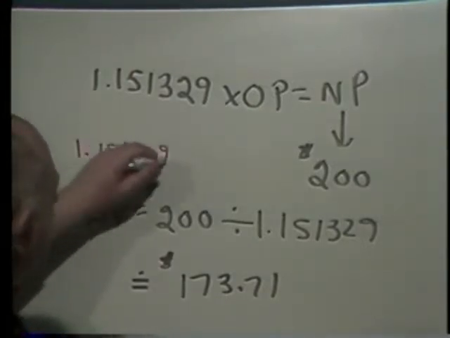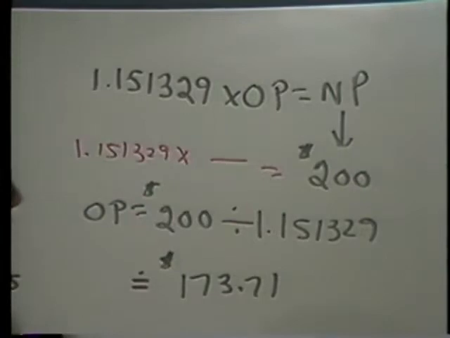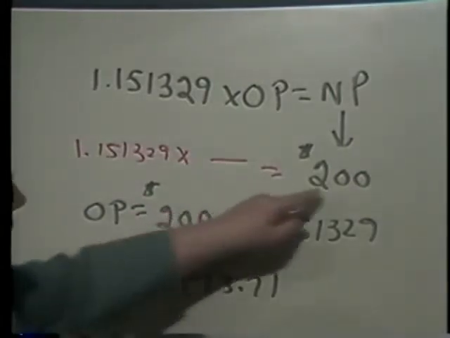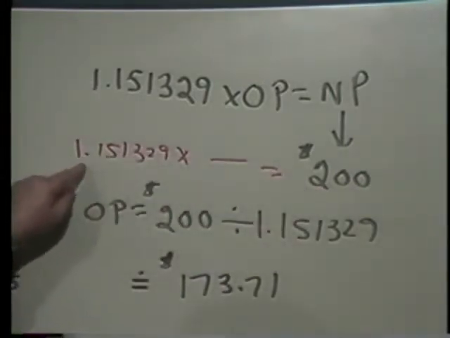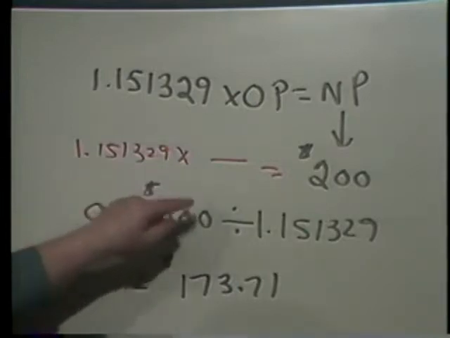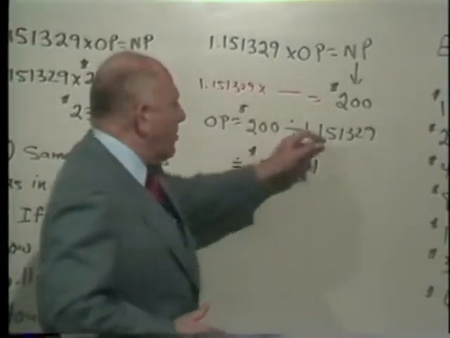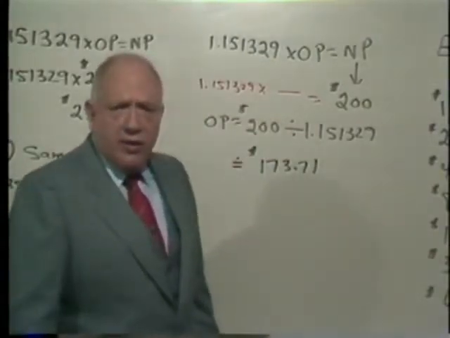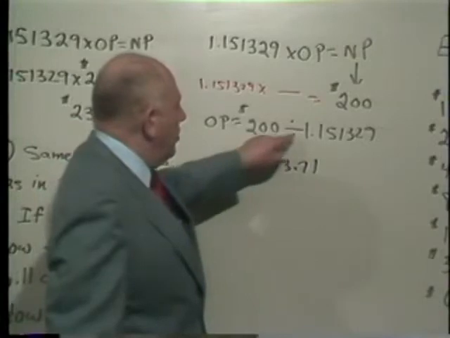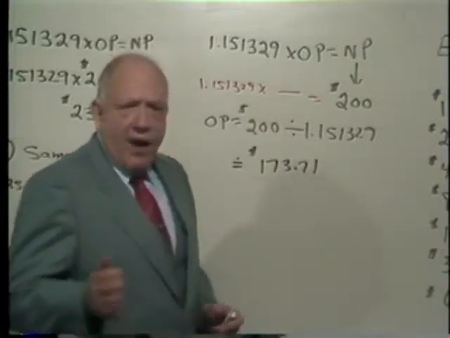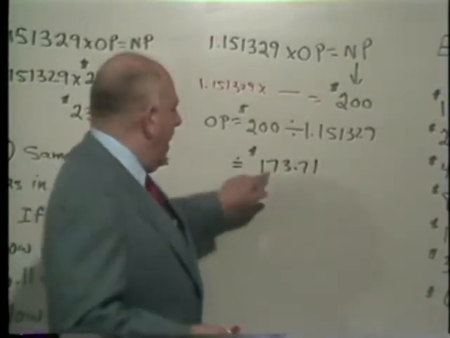1.151329 times the old price equals 200. So the old price is 200 divided by 1.151329. And you start to sense what a messy problem, not hard, but cumbersome problem this would be without the calculator. See all those digits? But with the calculator, you punch these numbers in, round the answer off to the nearest cent, and out comes